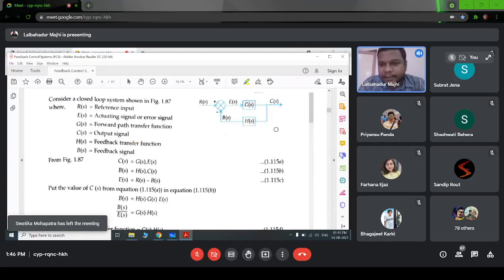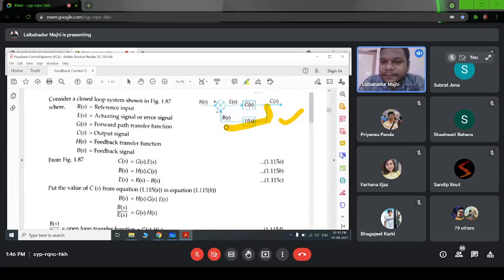So this is a very important topic for block diagram algebra. We can see here we have a basic block diagram, the block diagram of our closed loop system. This is a closed loop system, right? We have a feedback path here, negative feedback because it is given as negative, and this R(S) is our reference input, or we can say input, so it will always be positive, and we are using a negative feedback, so that is why it is given as a negative symbol.